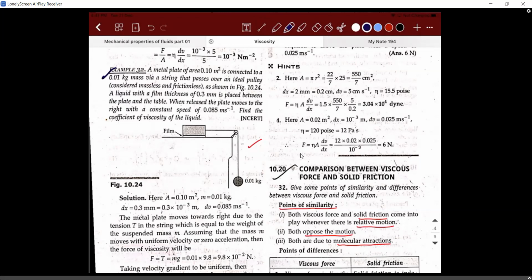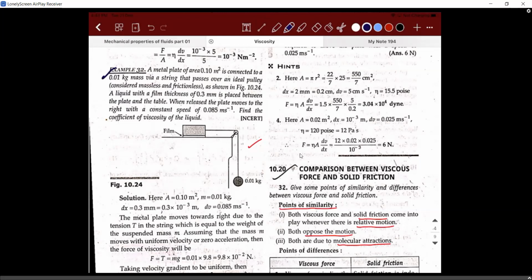But what are they doing here? To make this mechanical process smooth, they are greasing this surface. Greasing makes the surface smooth, right? Between the metal plate and the horizontal surface, they are adding a thin film of some liquid. Whatever liquid, I'm not concerned about what it is. Let's assume it's grease or something. That film has some thickness. There is a slight gap between the horizontal fixed surface and the plate, so that the grease you have added acts as the layer for it to slip.